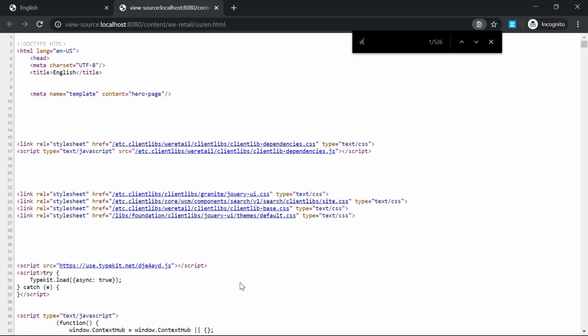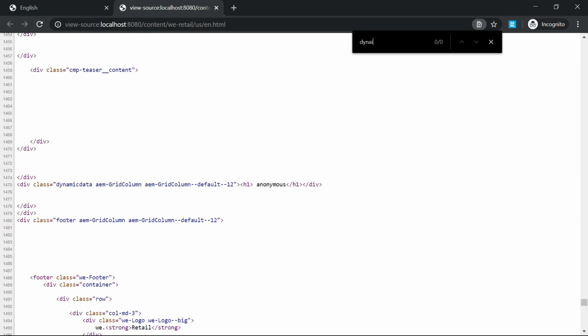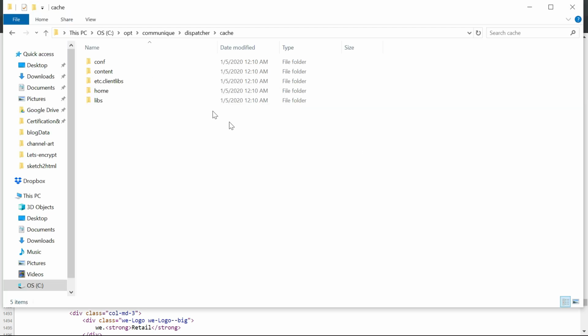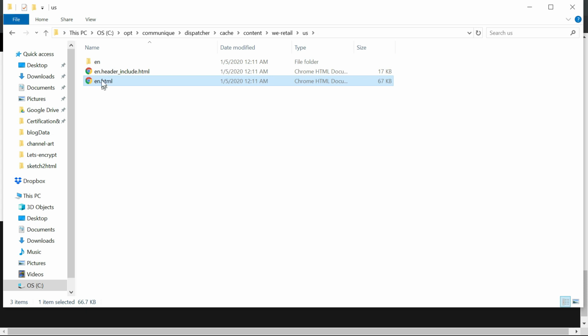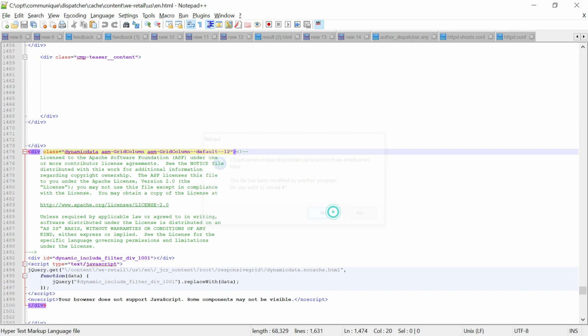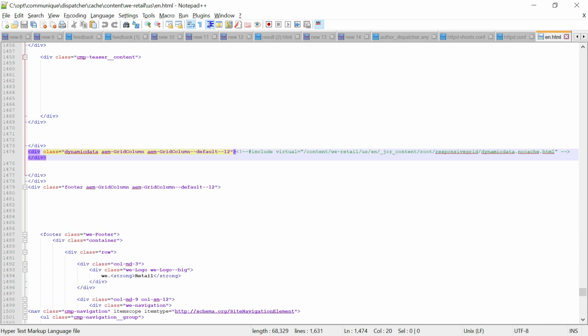let me search for the dynamic data. Yeah, if you see here, the data is already replaced. There is no subsequent call. But if I go to the cache, en.html, edit it, now if you see here, the placeholder is include virtual with the dynamic data path.